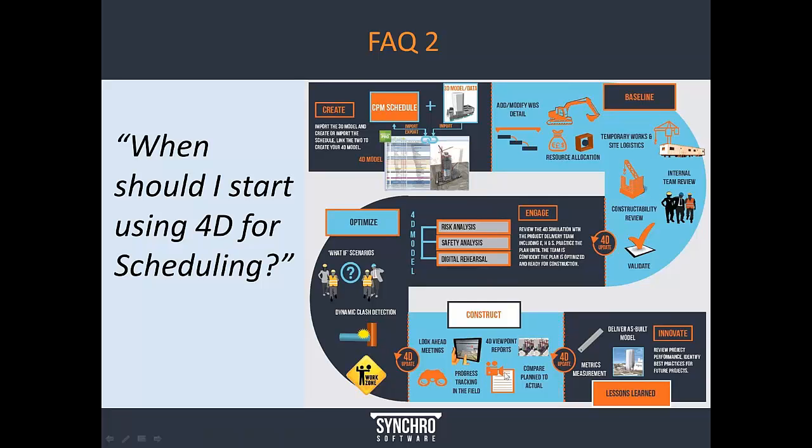And then in the field, being able to actually track what's being done more quickly and more effectively so that the status is recorded as close to real time as possible for the project team to review and make adjustments if necessary. And then at the end, to be able to look at the model as a means to compare situations that may have happened and been fixed, to compare the use of the model to other areas that may not have been using 4D, then to collect metrics on this process, to be able to determine the return on the investment and the value gained from this process so they can be used moving forward.